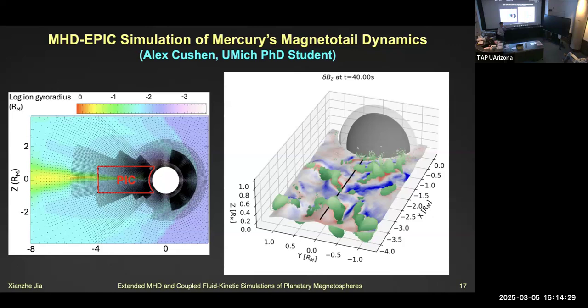For example, energetic electrons are mostly seen on the dawnside. Very few events are seen on the other side. And reconnection products, dipolarization fronts, everything seems to be favoring the dawnside magnetotail. So we want to have a good understanding of why that's the case. So what he did is he's trying to place the PIC box on the nightside, and on the right-hand side, if I play the movie,